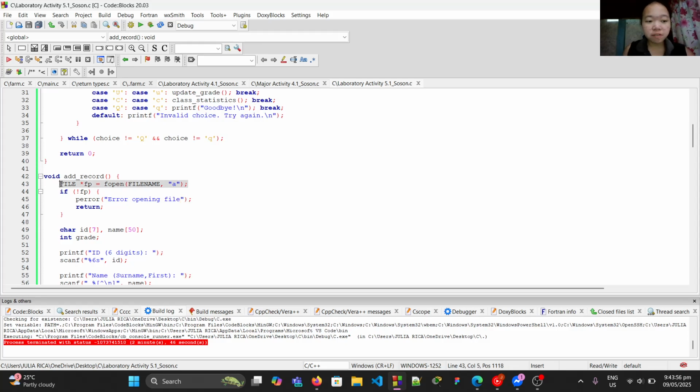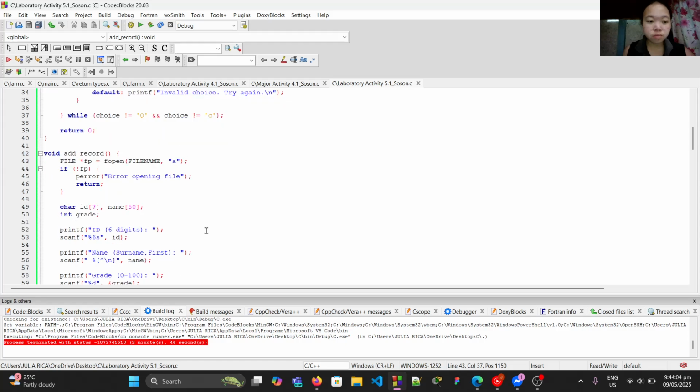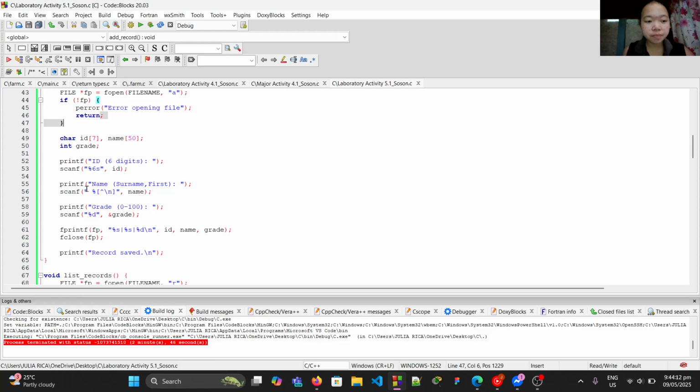This will open the file in append mode. And this will exit if the file can't be opened. And here we are going to prompt the user for the ID, name, and grade.